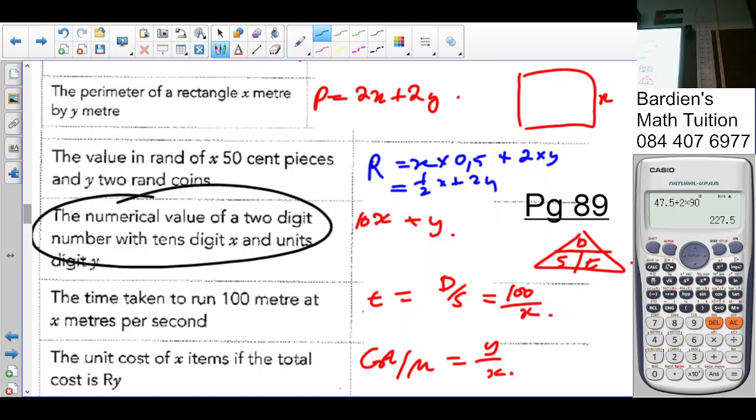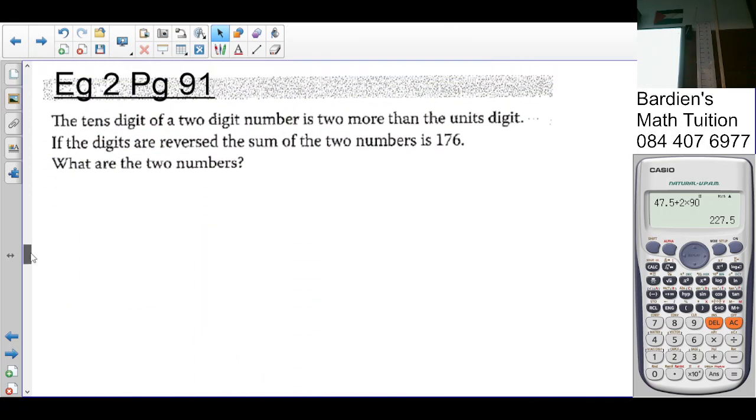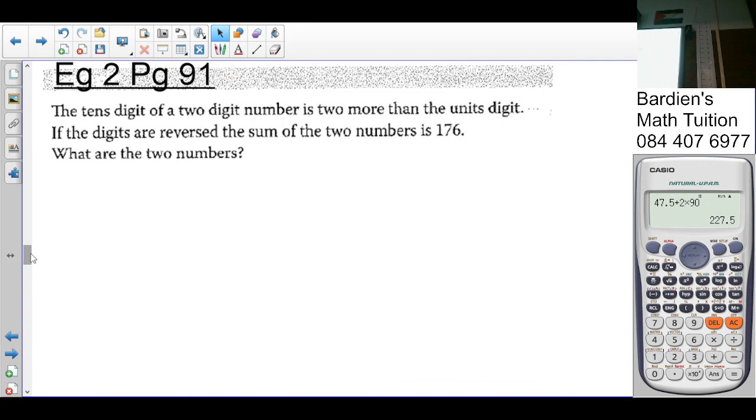We're going to use that same idea in this sum here. So if we let the tens be x and the units be y,